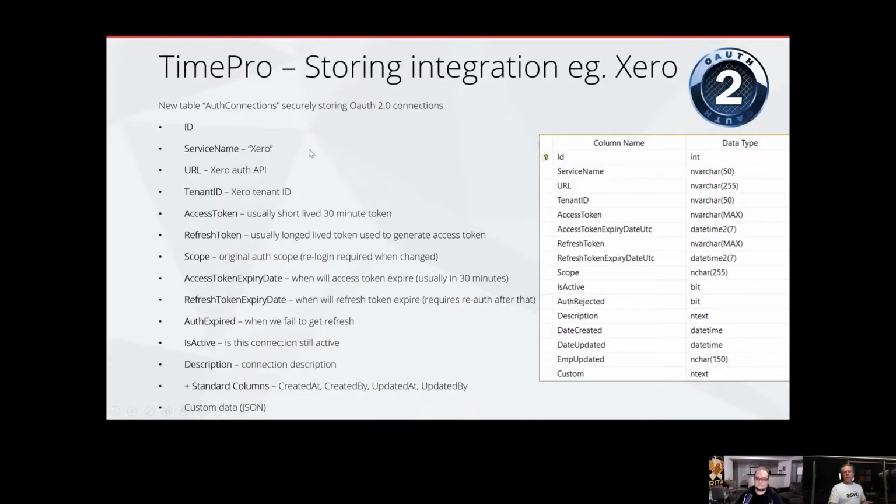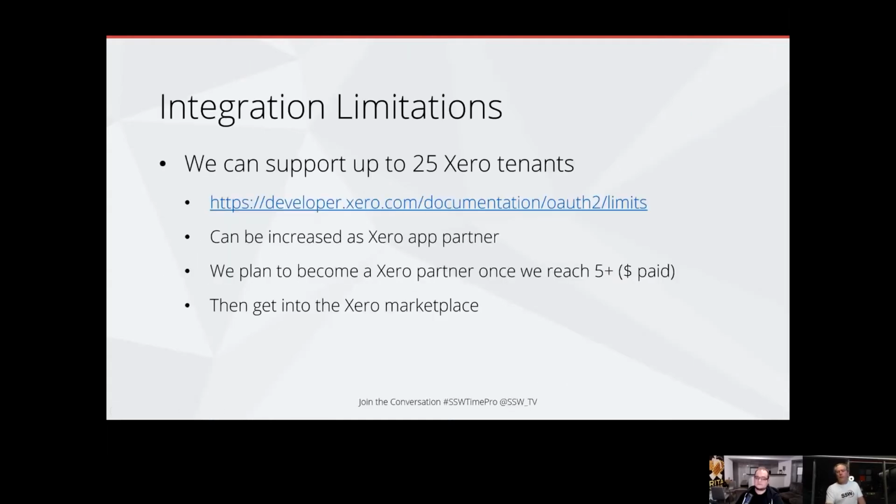And likewise, if we have integration with Azure DevOps or GitHub, you'll have a record here that would say GitHub, all the data and any GitHub fields would be down in the custom data. Awesome. So there are some limitations with Xero. At the moment, we have 25 tenants allowed. We will then become a Xero partner. We'll be charging for this feature in TimePro